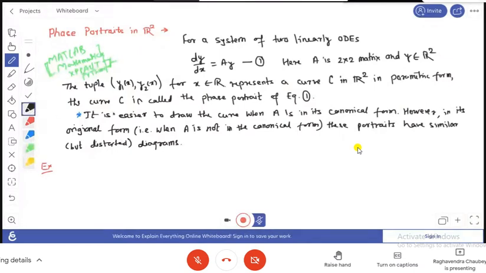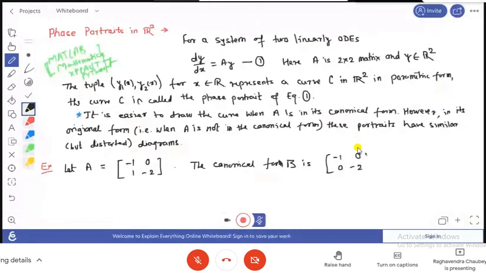Okay, so if we assume a matrix which is not in canonical form, say a 2 cross 2 matrix, and suppose the canonical form of this matrix is B. Here you check whether this is canonical or not. I think here it is +2 or -2, I am confused here. But anyway, suppose A is the matrix, and the canonical form of that matrix A